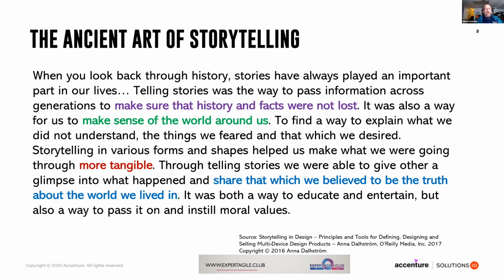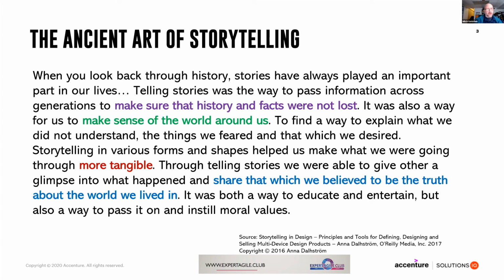Storytelling in various forms and shapes helped us make what we were going through more tangible. Through telling stories, we were able to give each other a glimpse into what happened and share that which we believed to be the truth about the world we lived in. It was both a way to educate and entertain, but also a way to pass it on and instill moral values. So we talk about storytelling in this context because of its importance in relation to describing value in an